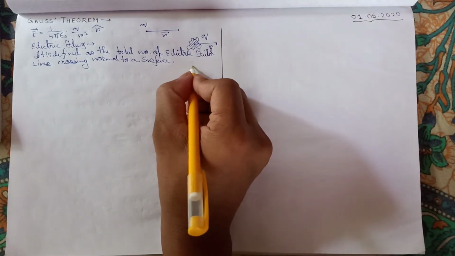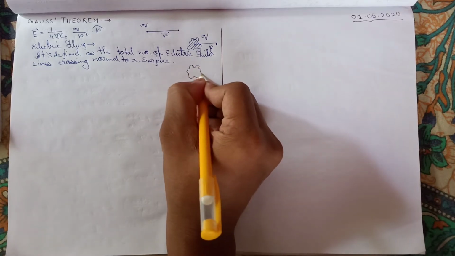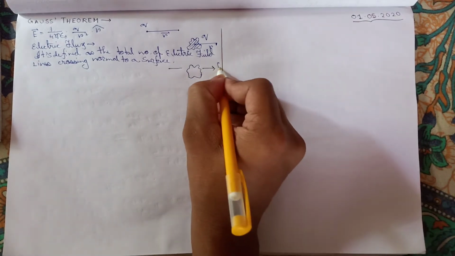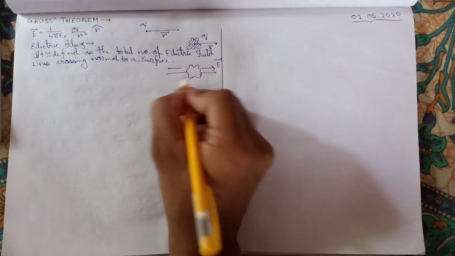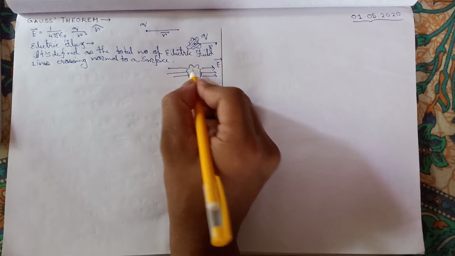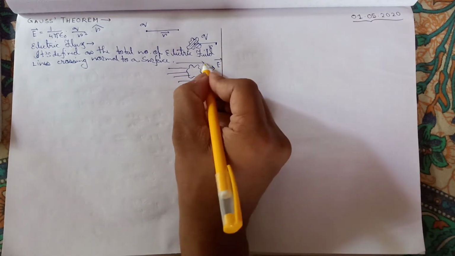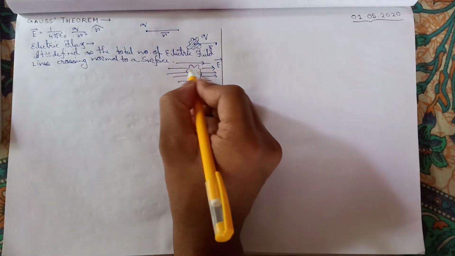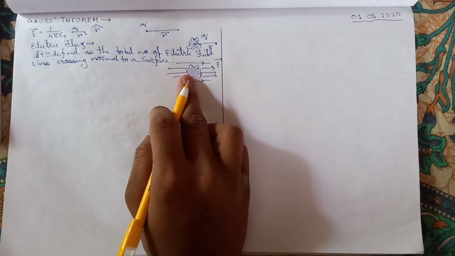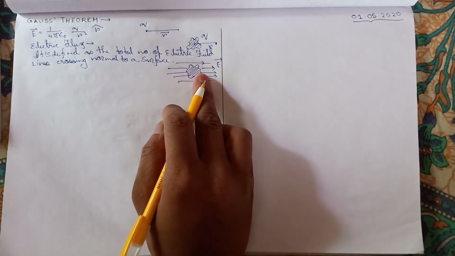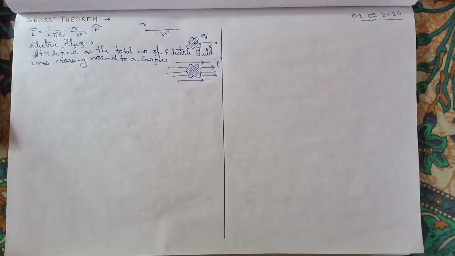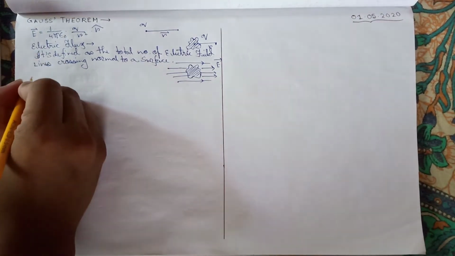Before that, let's say this is a surface, okay, and it is placed in an electric field of E. So the electric field lines will be like that, right? So some electric field lines will cross this surface area and some will not, right? So the number of electric field lines crossing this area normal to this area will be defined as the electric flux. Okay, before going to the expression, we will come to a concept of area vector.